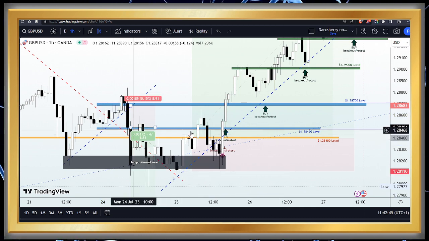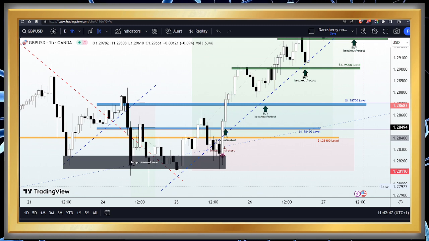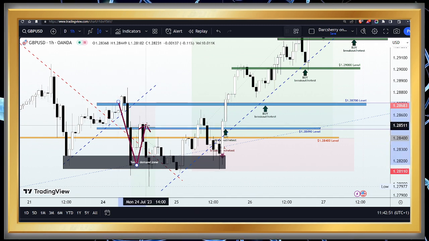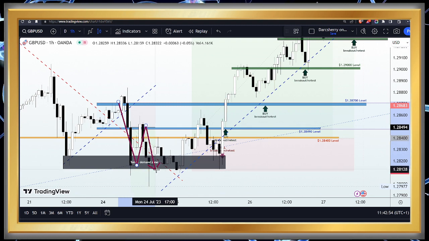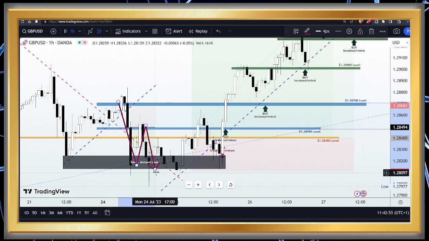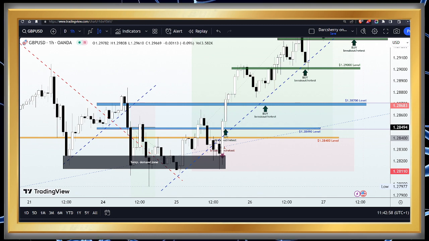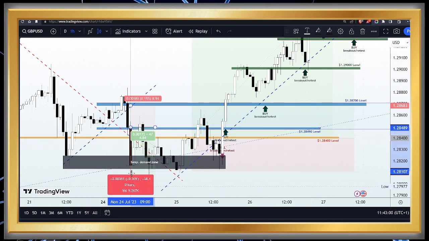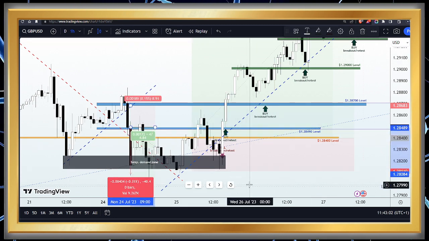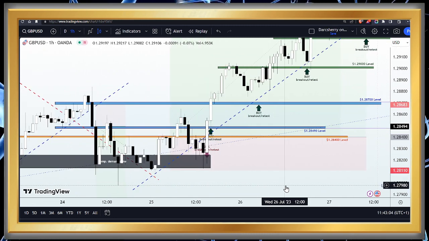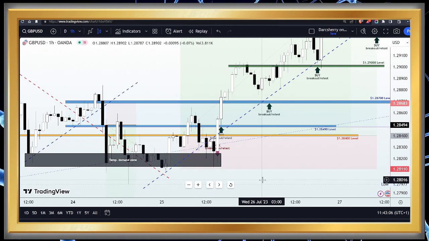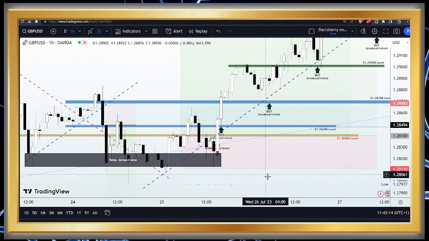Now, with this situation here, we had a couple of sell positions initially at the beginning of the week when price action broke down, in fact retested that support line at the 1.28490 level. And one thing about it is that price moved about, how many pips was that? About 40 pips in our direction before we were taken out of that position. And if you had moved your stop loss accordingly, as we always do in this community, you must have been taken out with a modest size of profit, or at a worst case scenario, break even.